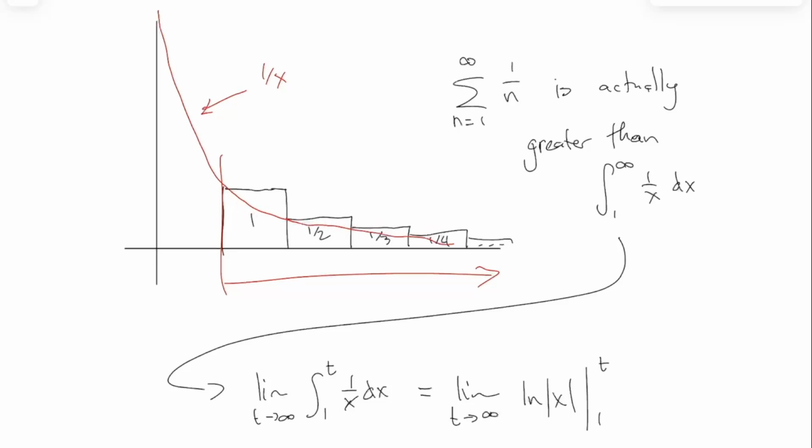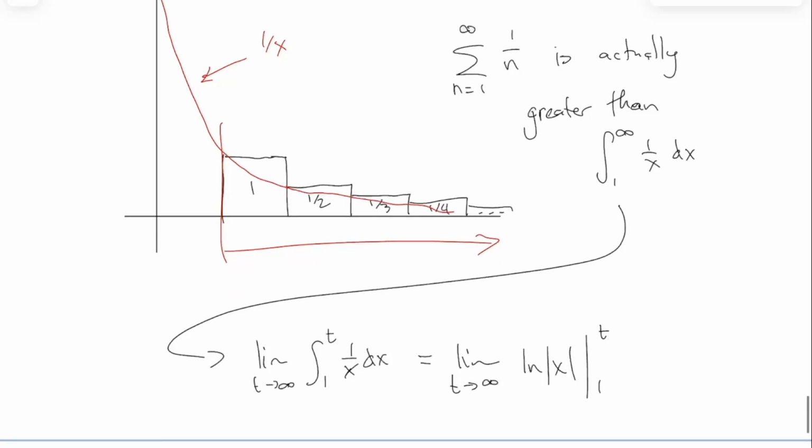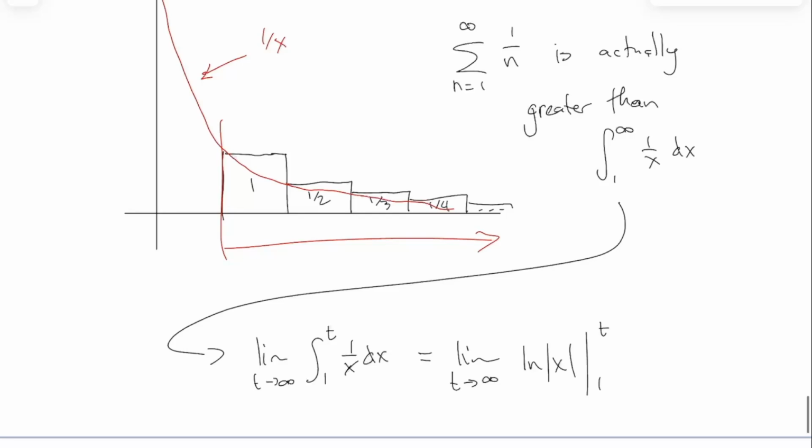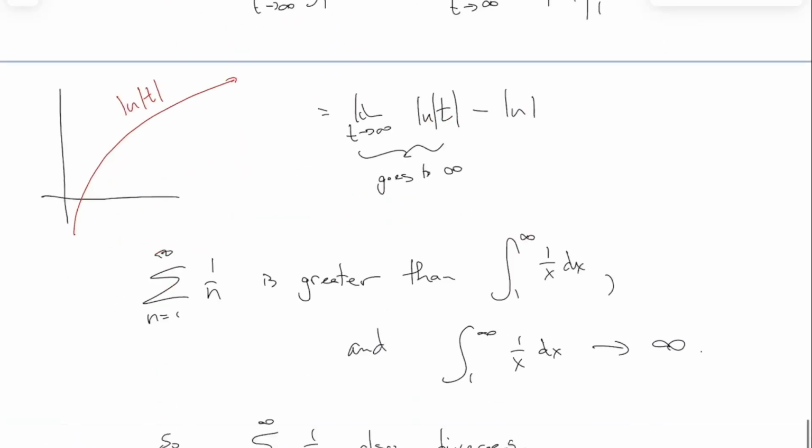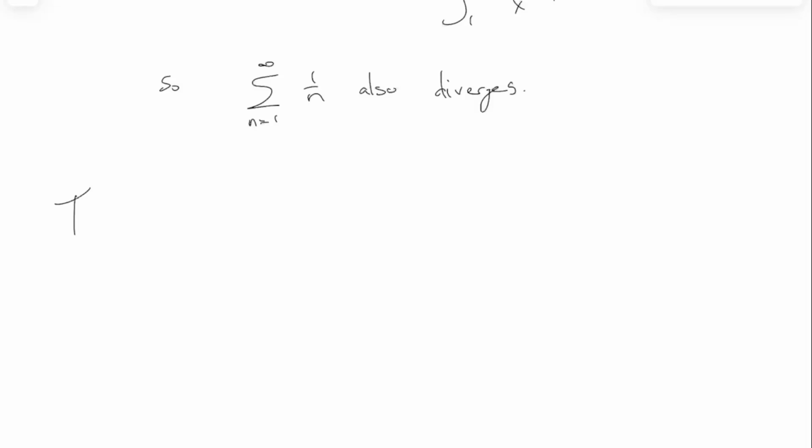If the function was going up and down, then some of the rectangles would be outside and some would be inside, and then you wouldn't be able to say for sure one is bigger than the other. But when the function is decreasing, these rectangles will always be greater than the area under the curve. All right. So I'm going to write this as a theorem,